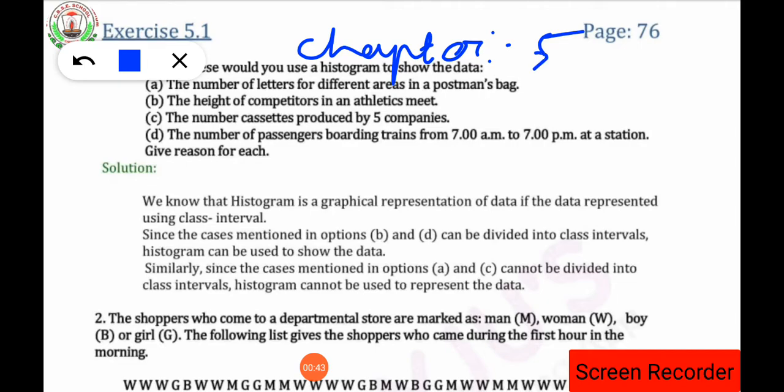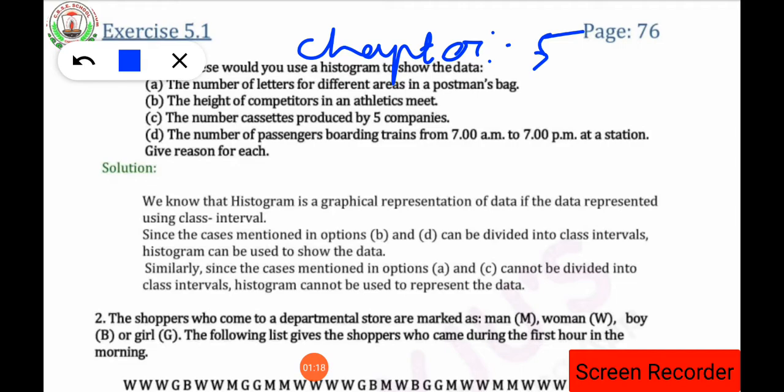Do you remember chapter number 15, Introduction to Graph? This chapter, data handling, is related to that chapter only. Some of the graphs like bar graph, double bar graph, histogram, pie chart, isn't it? Do you remember that? All those things come under this data handling. Clear? Some of the definitions that you have already written from chapter number 15. In the previous video I had already given chapter number 15, that is introduction to graph.